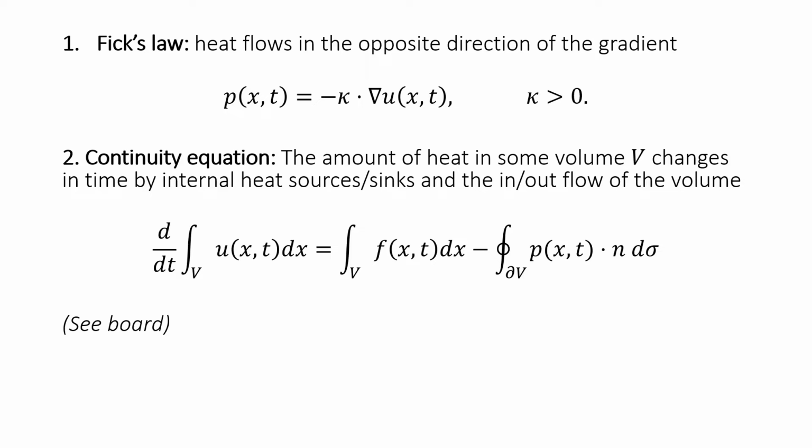The other influence is the heat flow, even if there's no source term. Generally speaking, the amount of heat flowing in or out of the volume V can be described as the surface integral over the surface of V of the vector field p(x,t), the heat flow, multiplied with the outer unit normal n of the surface. That is the second term on the right-hand side of the second equation. If p is in the direction of the outer unit normal, then heat is flowing out of the volume, which is why we have the minus sign in front of it.